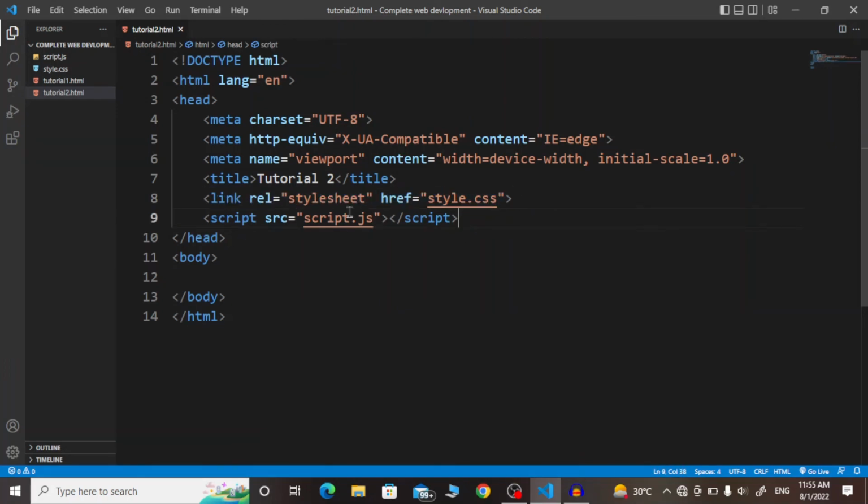So we have linked both the files, and in our body tag we will write the whole code of our web page. So these are some basic tags. I have explained to you about the head tag, the body tag, the link tag, and the title tag. So that's all about this